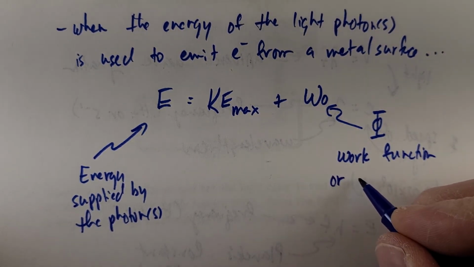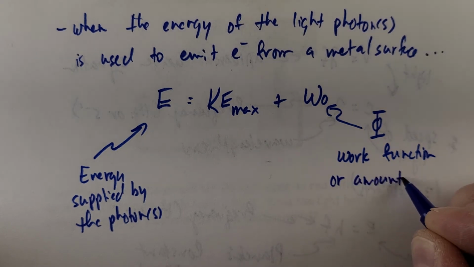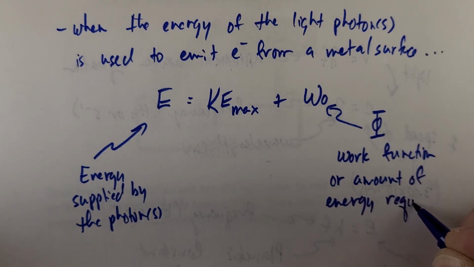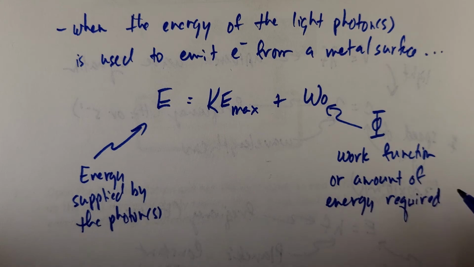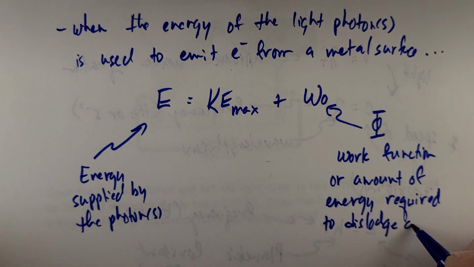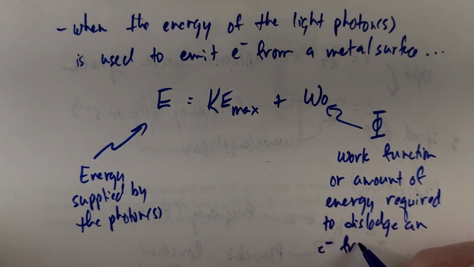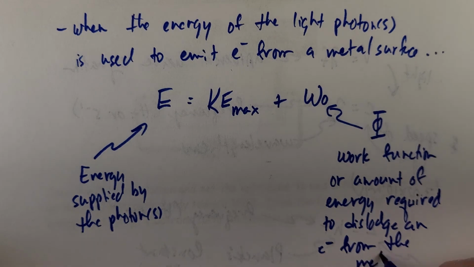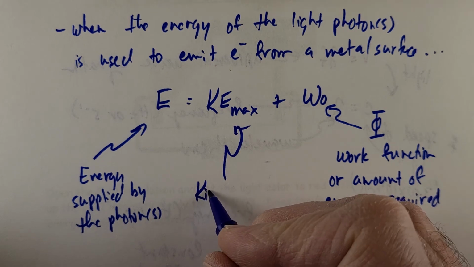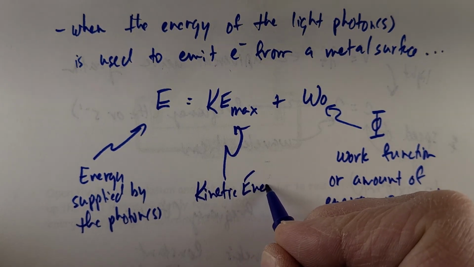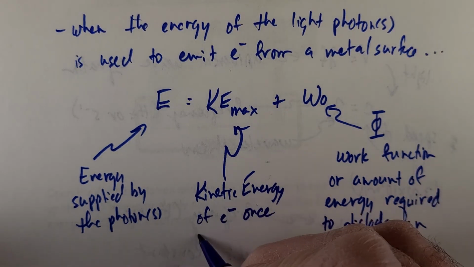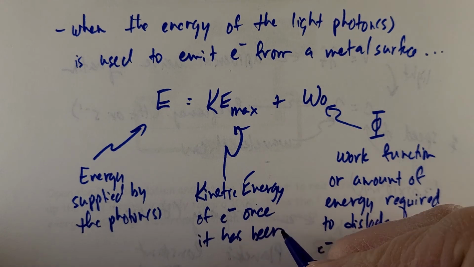Work function, or amount of energy required to dislodge an electron from the metal. And of course over here we have the kinetic energy of the electron once it has been